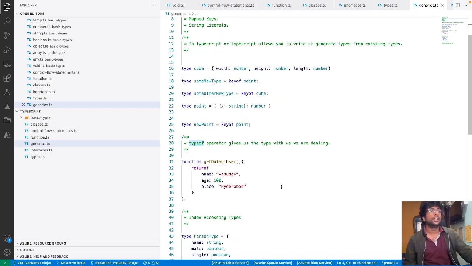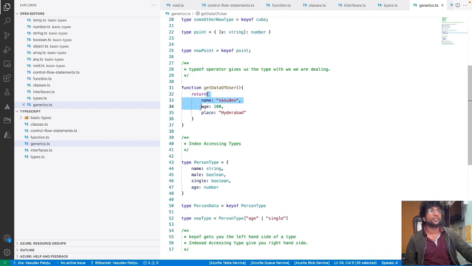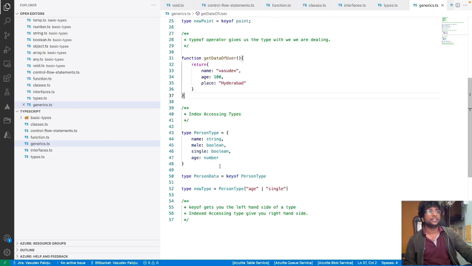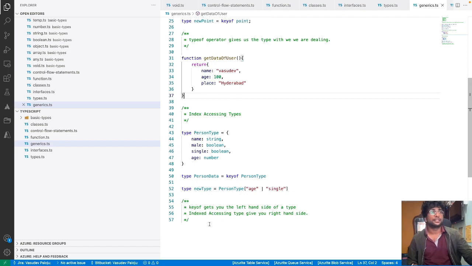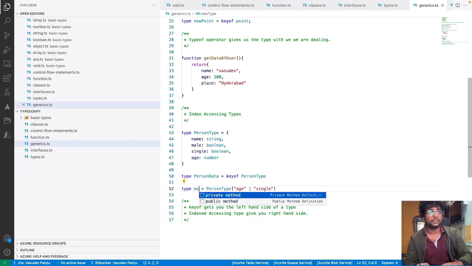Which has not been defined, and it saves a lot of time instead of defining the data. Whatever data the function is going to return to us can be derived by using ReturnType, right? And after that we discussed indexed access types, wherein you can derive types by accessing an index element on an array. On types, you basically want to derive the properties of different things like mobile and mobile name. So now mobile data can be